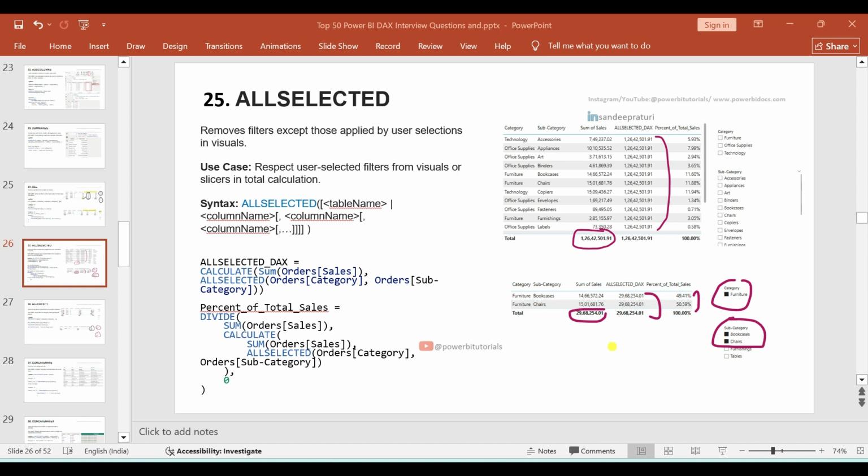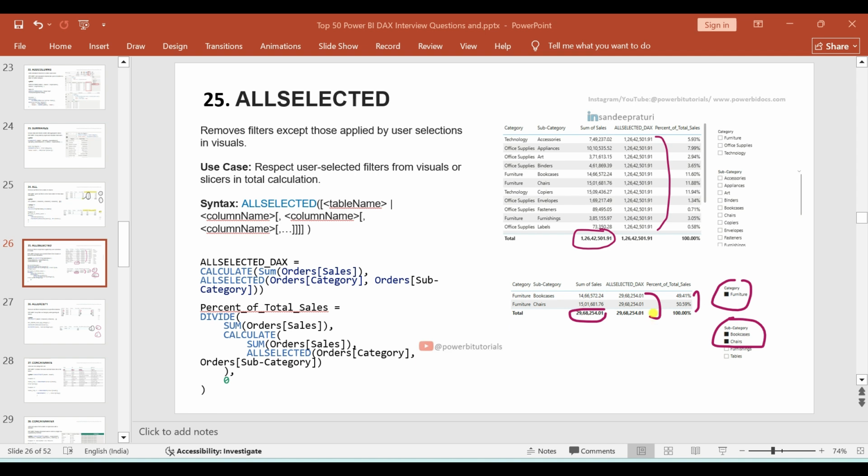and the same sales you can see in the ALLSELECTED DAX result, 2.96 million. Now understand one of the actual use cases for the ALLSELECTED DAX function, which is to calculate the total sales percentage. If you remember, when I explained the same thing with the ALL DAX function, the ALL DAX function considers total sales and based on that it calculates the percentage. But in the ALLSELECTED DAX function case, whatever value you select from the slicer, it will consider that value as the total sales, and based on that it will calculate the